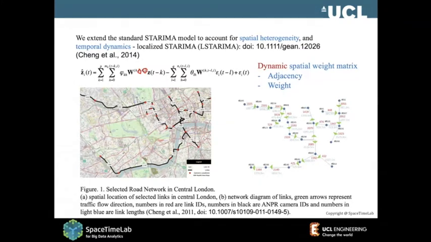So that's the challenge. Even though we developed this one, we still found the accuracy, or how to fit this model, is quite a challenge. So that's all the kind of thing in terms of space and time. If we put it into networks, I think that's the challenge: the dynamic spatial weight matrix, how to capture this and put it into your model. That's the challenge. Okay, so that's the conventional statistical approach.